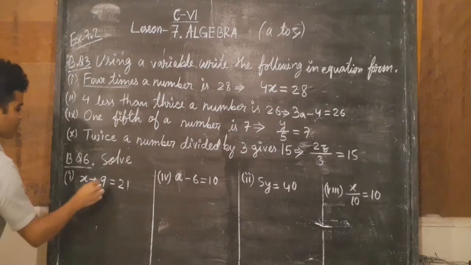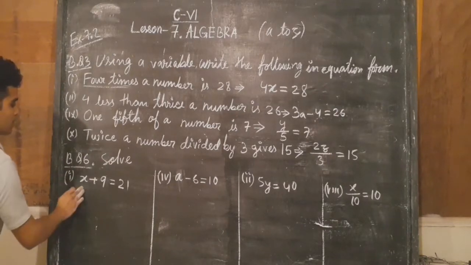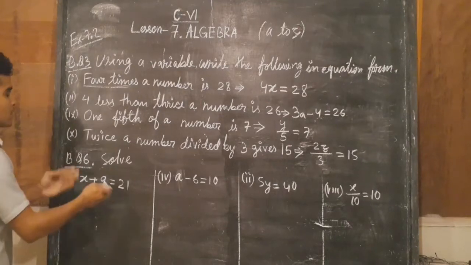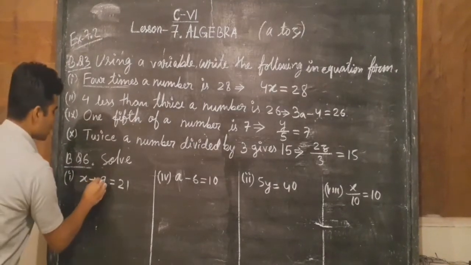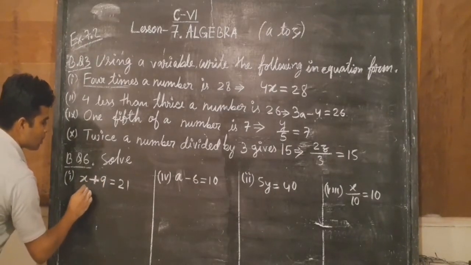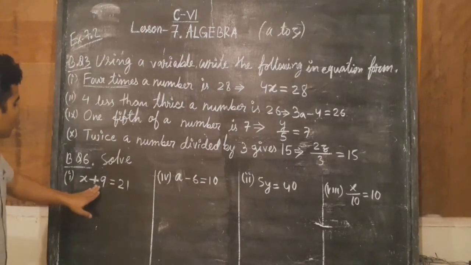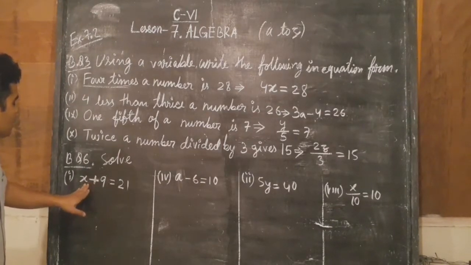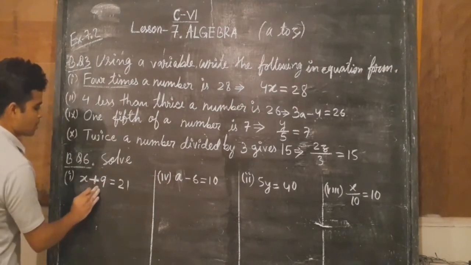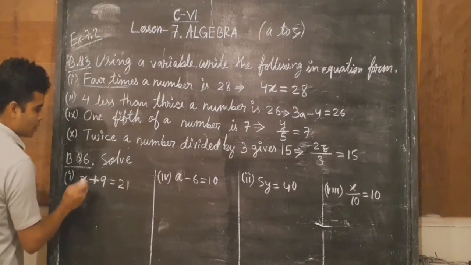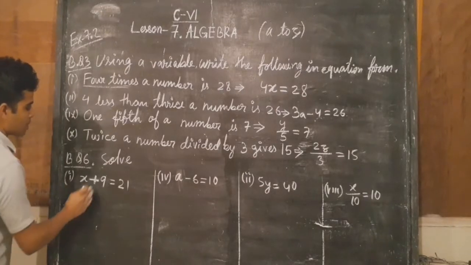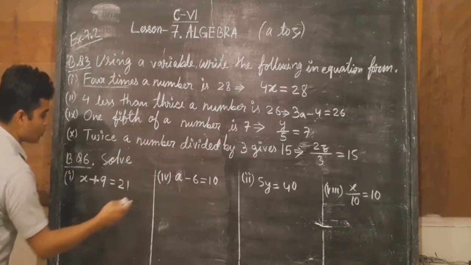So how can we find the value of x? By thinking also we can understand that it should be 12, so that both sides will be equal. But by the transposing method we will find that. Here, this number is added with this variable. If anything is added with the variable on the left hand side, when it is transferred to the right hand side it will become minus.